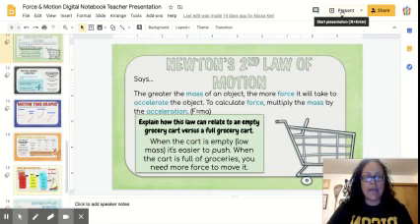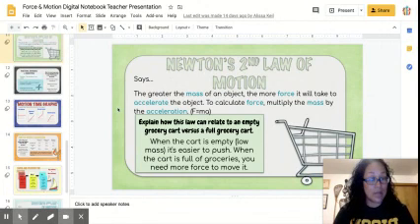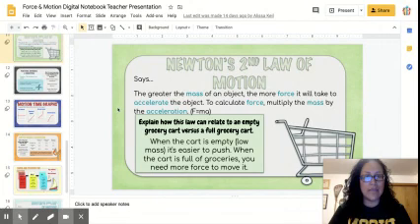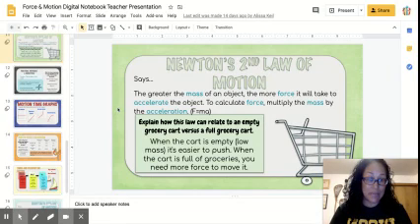Today, I would like you to take a look at Newton's second law. You're going to write these down in your notebook and you are going to write two column notes. If you don't like to write in your notebook, you may turn it in on Notability. The only deal is I have to be able to see Notability. Some of you have been turning it in and I've not been able to see it. So if you're struggling with that and you're one of those people, use your notebook, please, for these two column